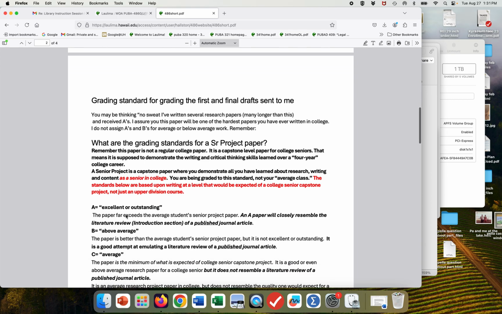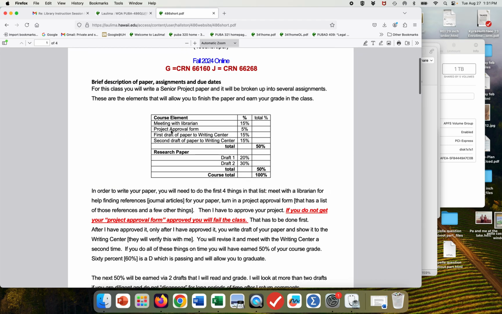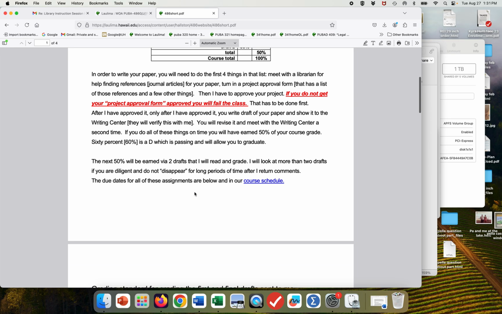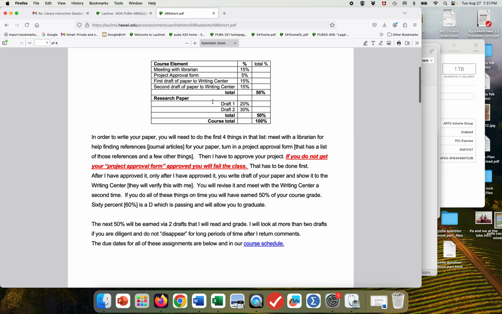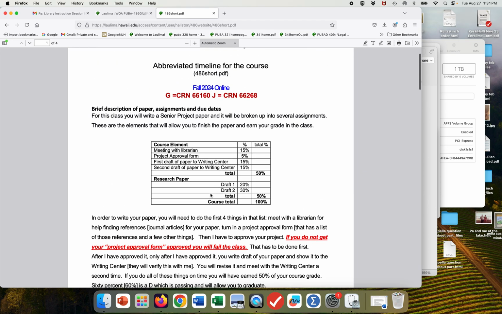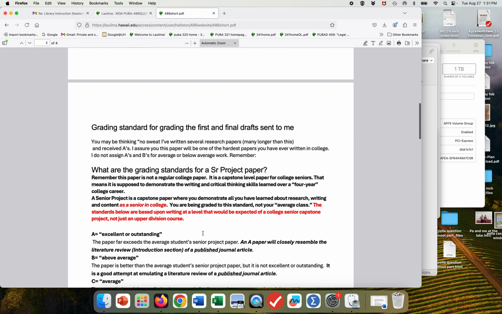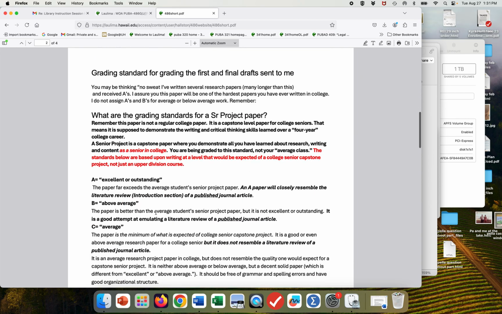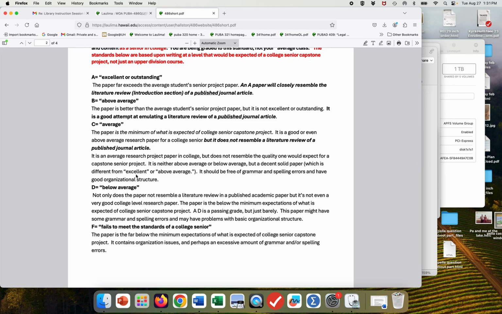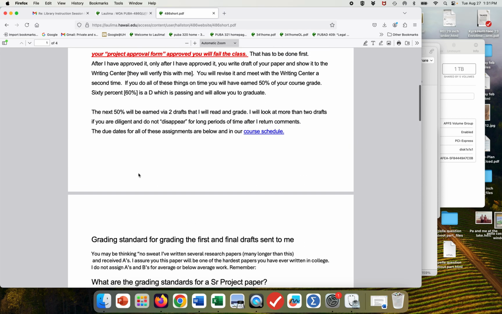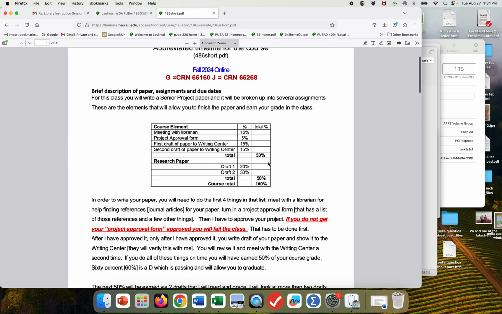Then when I grade it, obviously the Writing Center isn't going to assign you a grade. As long as you turn these drafts in on time, you get the full 15%. You're going to have to meet certain standards of what the paper is before you turn it in. But you're going to submit it to them. I'm going to use these standards to grade your final 2 drafts, and you're going to get scores out of 100 for both. Then they will be weighted to make up 50% of your final course grade. If you have any questions, let me know.